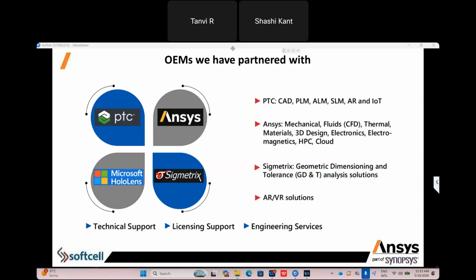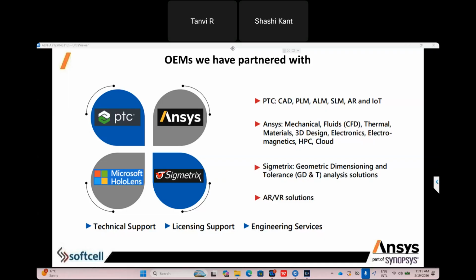We are in the market with PTC solutions. We have partnerships with PTC, Ansys, Sigmatrix, and Microsoft HoloLens. PTC for 3D modeling, Ansys for simulation, Microsoft HoloLens for IT solutions, and Sigmatrix for tolerance analysis. It may be 1D and 3D analysis. We have multiple options with Sigmatrix.